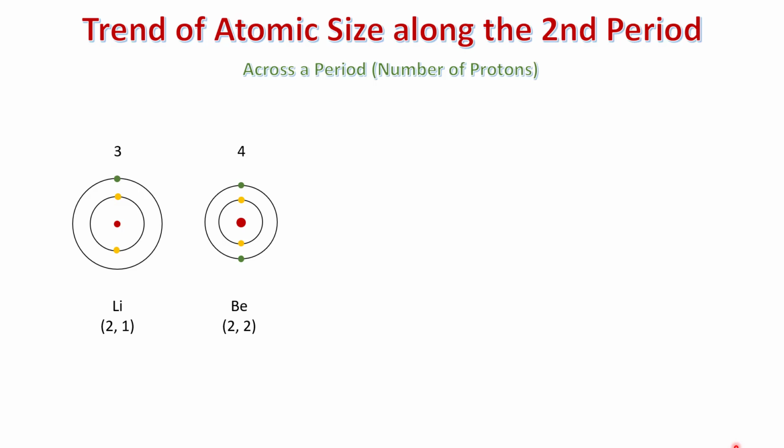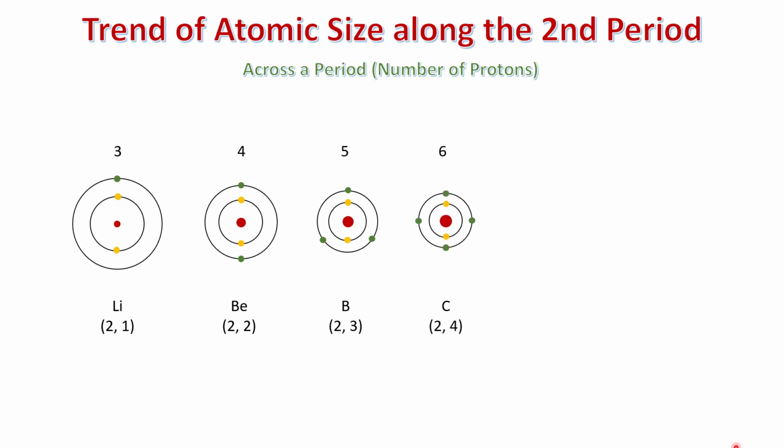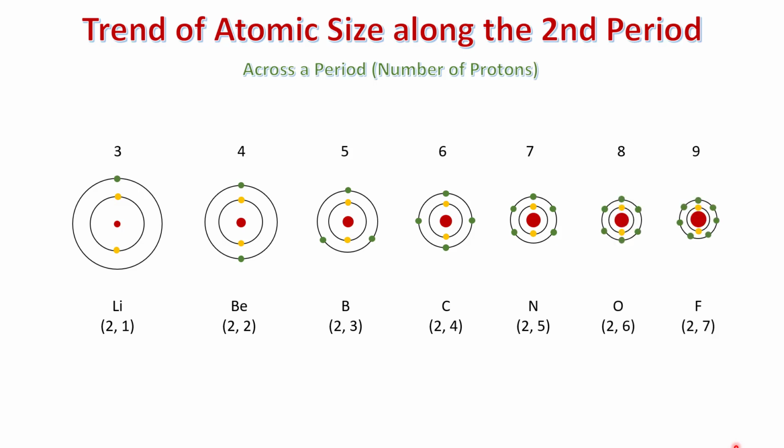Now there are 4 protons in its nucleus and 2 electrons in the outermost shell. We are moving gradually from left to right, and we can observe that as we are moving towards the very right side of the periodic table, there is a gradual increase in the effective nuclear charge, which is shown by the increasing size of the nucleus and more electrons in the valence shell, but the number of shells remains the same, as the number of period is equal to the number of shells.